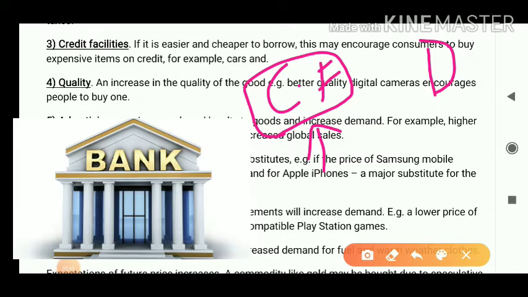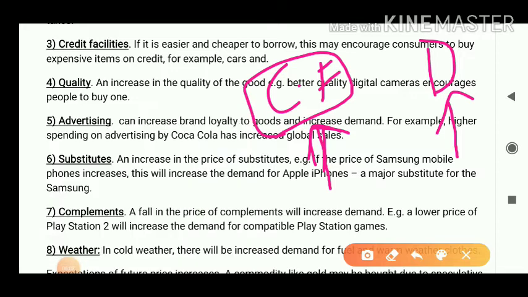So I'm showing it by the arrow, which means there are favorable chances that you are getting loans very easily from different banks, on easy terms, from any bank. So generally what will happen, the demand will also rise. That is a very important point. Demand rises when you have very good loan facilities. Recently you have also studied that the government is announcing a 3 lakh crore loan package for